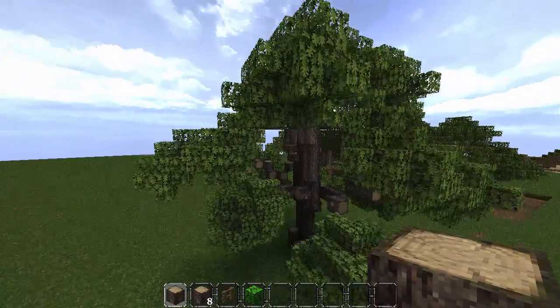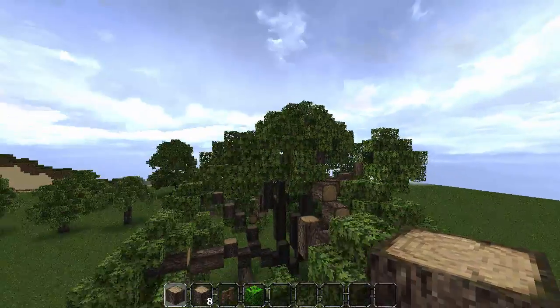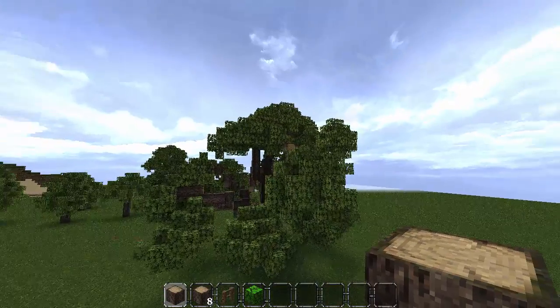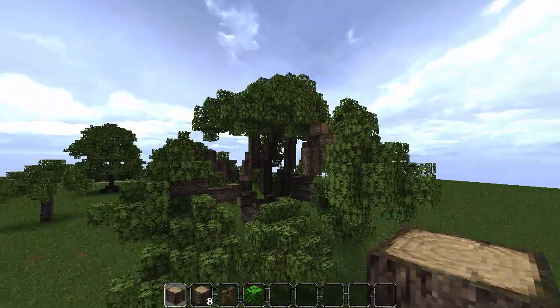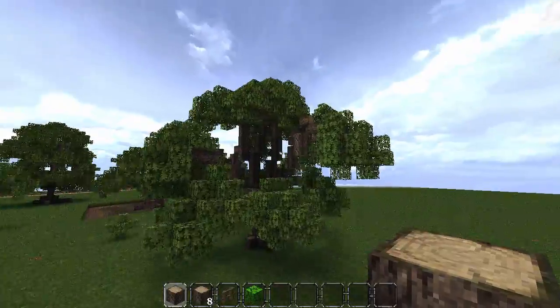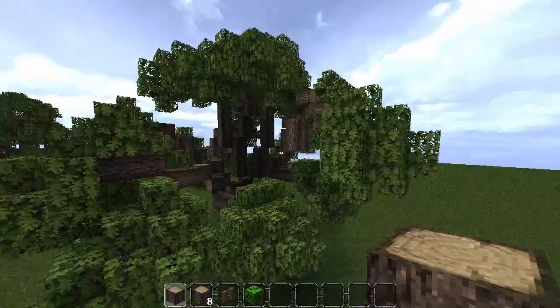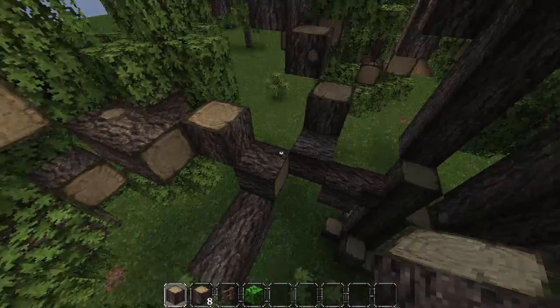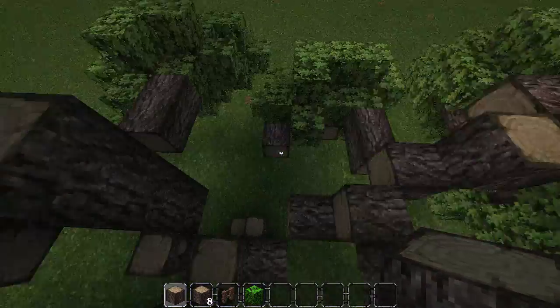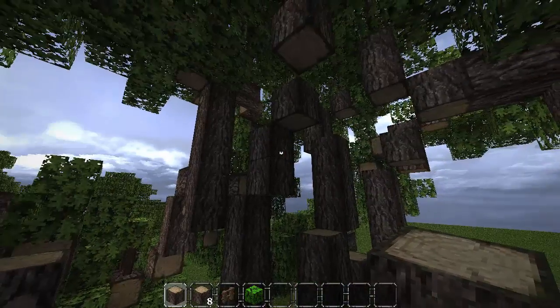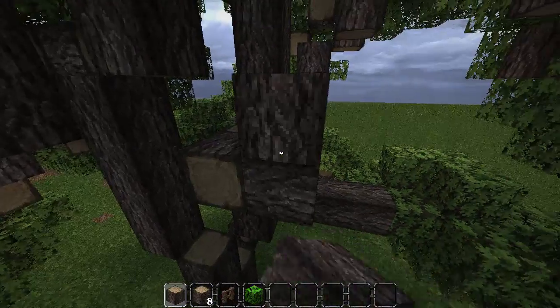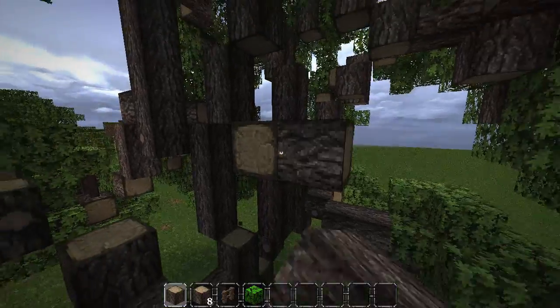So what I'm going to do now is show you some little tips on how to improve those areas, and it's easy to do, especially once you've already got all the leaves on. So as you can see, we've got a massive space here where it's really empty. So I'm just going to come in, look for somewhere where I can add a little branch. Maybe here, just come off like this, go 1, 2, come out another 2,